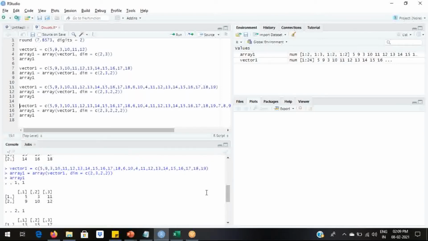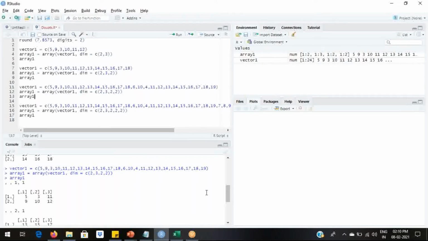So in a 4-dimensional array, we will have 2 into 3 into 2 into 2, that is 24 values. This is based on the value that I have given: dimension equal to c(2, 3, 2, 2). So with respect to this case, we will have 24 values.